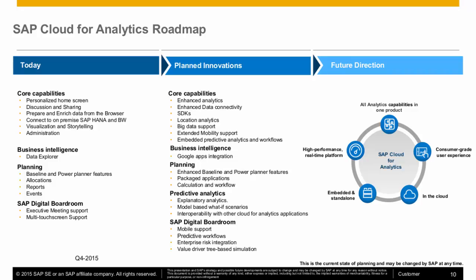We'll continue to build upon our location analytics capabilities. We're only using a fraction of the geospatial opportunities that we have within HANA as well as Esri, so we'll really be building that out more as well. We're working on some integration with Google Apps, including Google Sheets as a data source. So those of you that are starting to adopt cloud office productivity capabilities, we're working on that as well. Adding additional capabilities within planning, so going beyond the spreading and allocations that are core traditional parts of planning, you'll also see the ability for packaged applications and calculation and workflow updates.